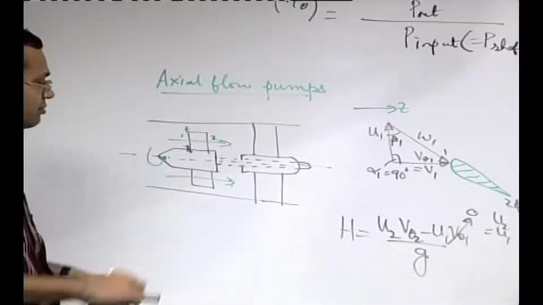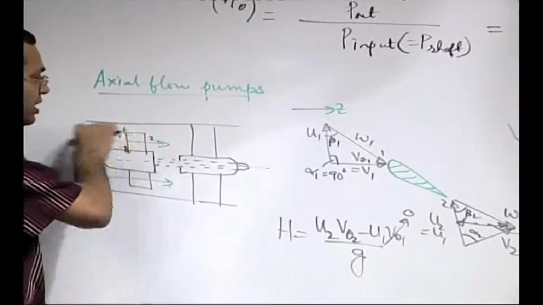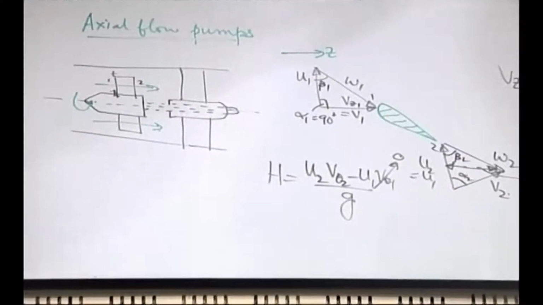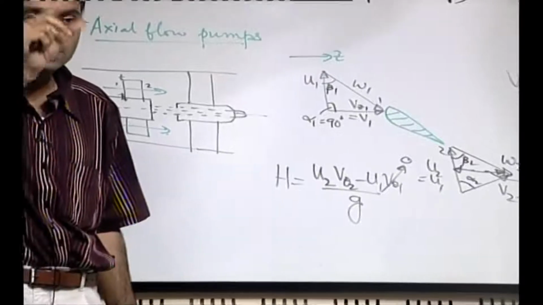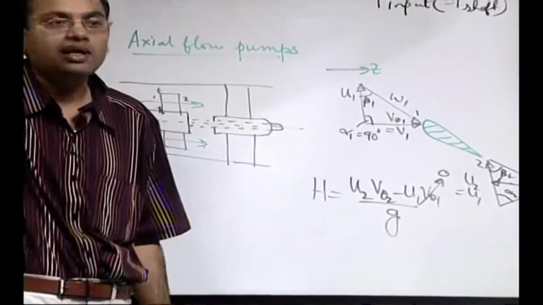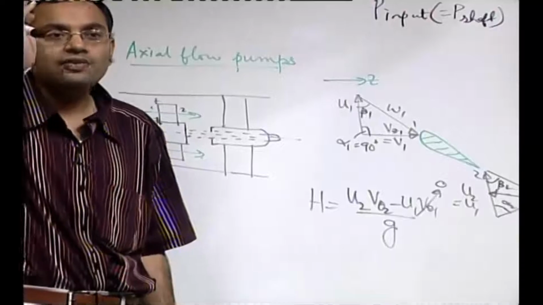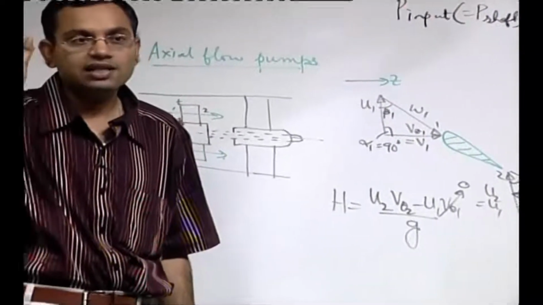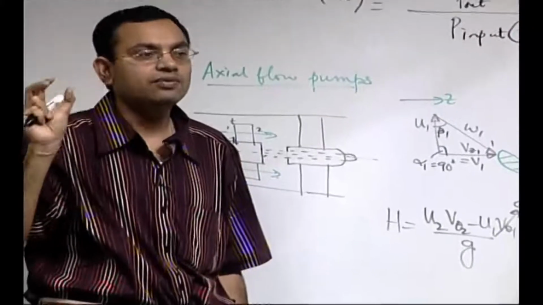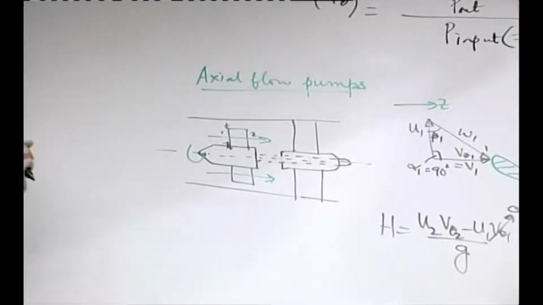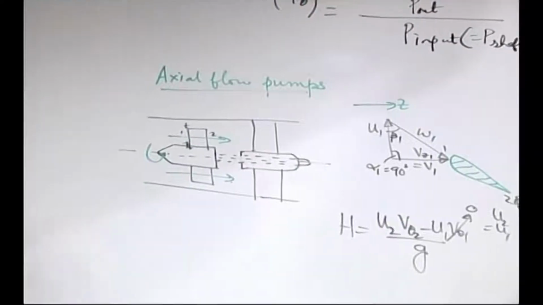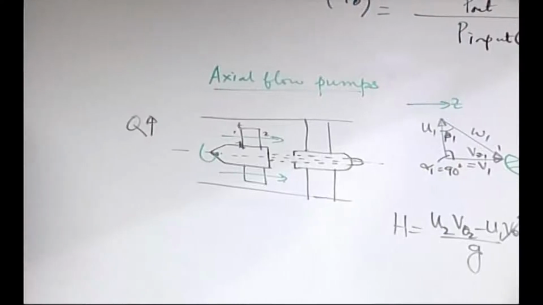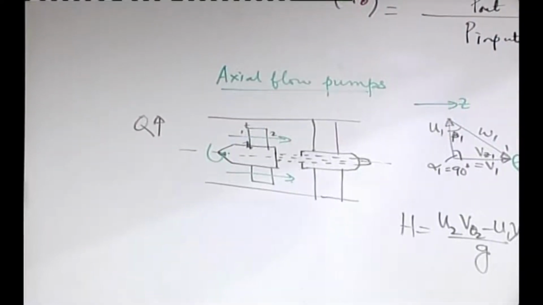First of all, the inlet area of these types of machines is not restricted. If you consider a radial flow machine in place of this, the inlet area is restricted because the inlet diameter is small, the outlet diameter is large, and whatever is the inlet flow, the same flow will go out. Because the inlet area is restricted, you may only have limited flow. So one thing we can conclude is that if you compare a radial flow machine with this axial flow machine, you expect the flow rate here to be higher than that of a radial flow machine.